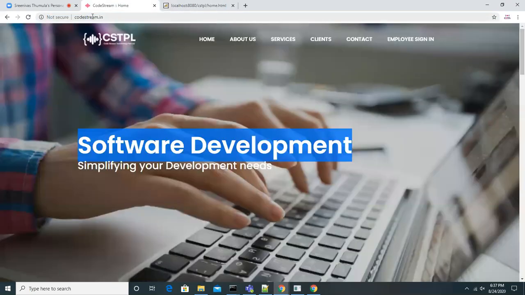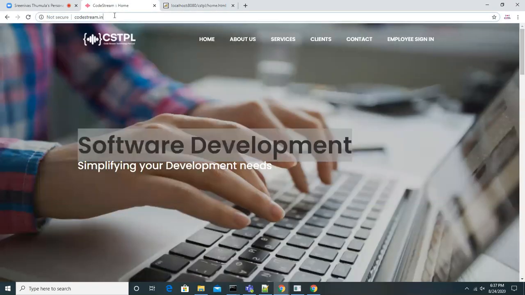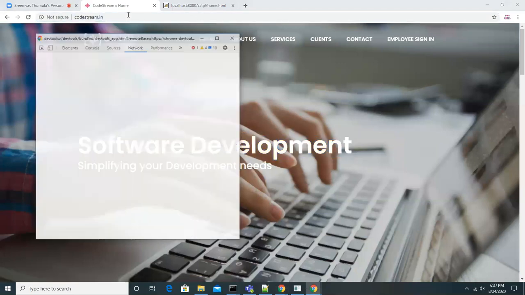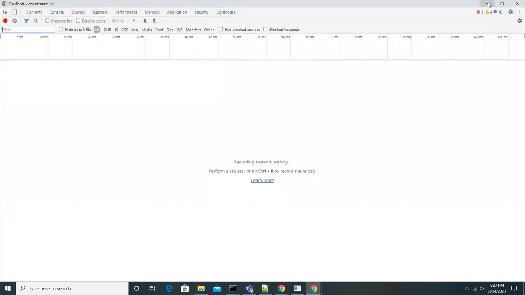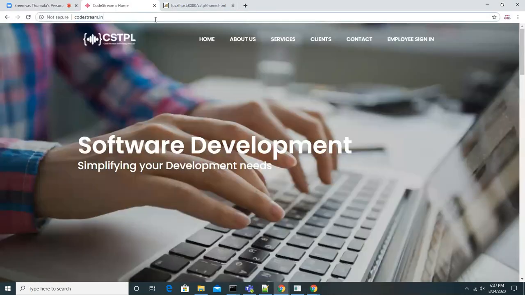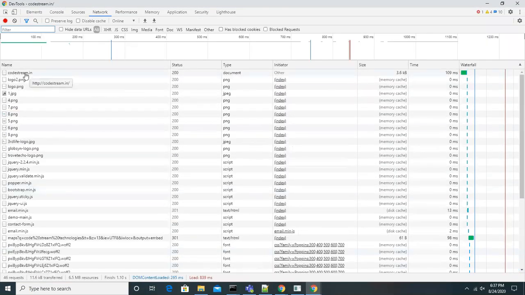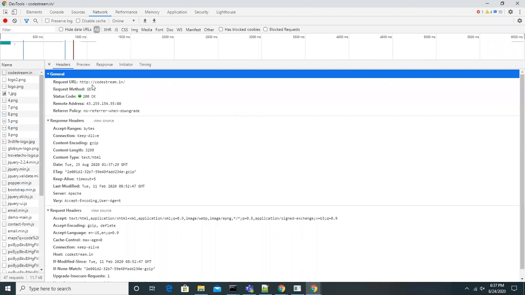Even that is also the same. codestream.in, I just added it, right? Let me show you here the same way. I'm just trying to access codestream.in. If you see, many things are rendered on codestream.in.